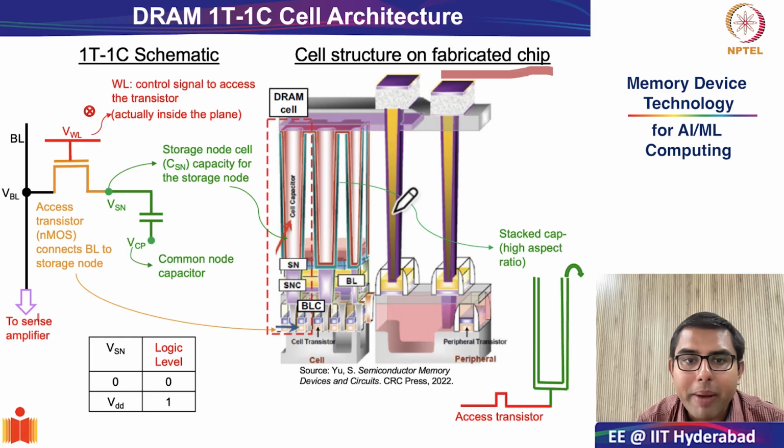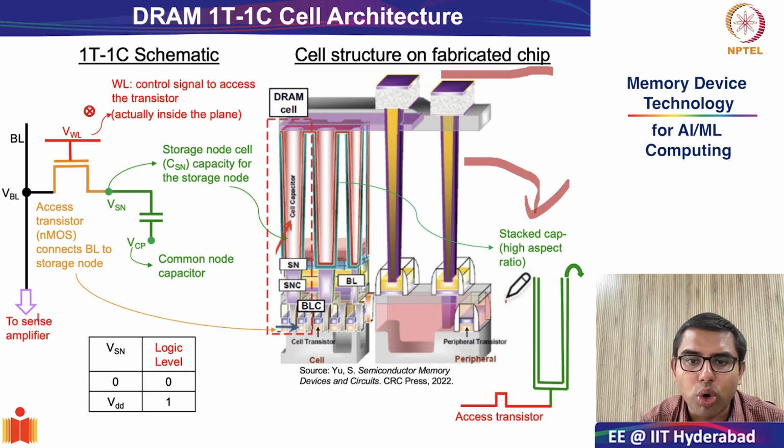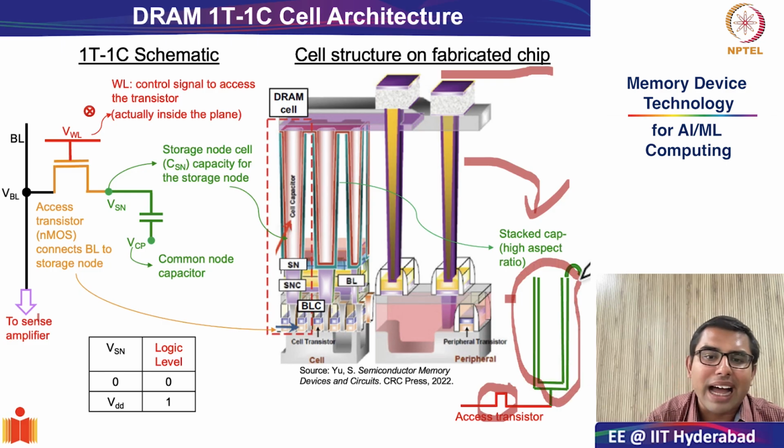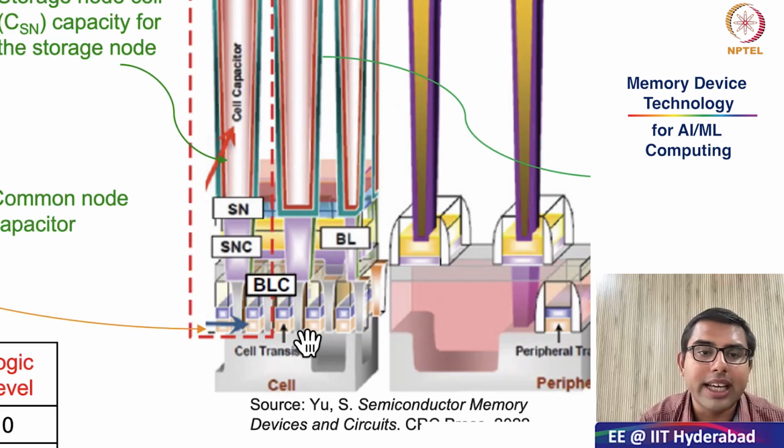As you can see, a better representation of this structure is a bit complicated, so I have drawn a simplified version of the structure over here. It consists of a very teeny tiny access transistor along with a very large aspect ratio capacitor. Why you have this very large aspect ratio capacitor is a very interesting story, and we will really be able to appreciate it when we understand the read operation of the DRAM cell. But right now, let's focus on how this is operating.